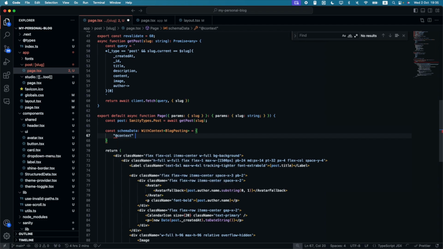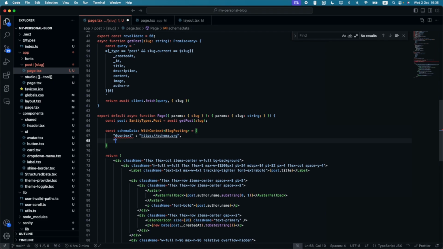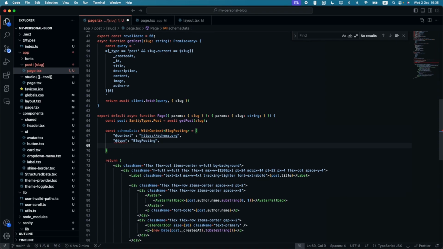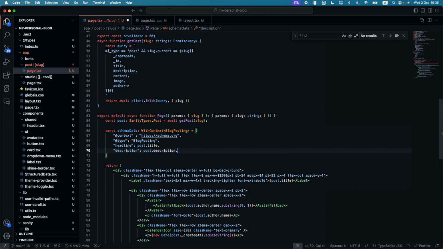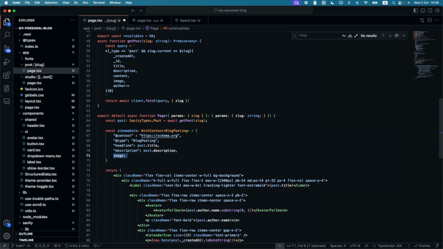First one will be context of https://schema.org. See, it helps you type it. So now type, that's why this dependency is very good. BlogPosting, headline of data, or actually post title, description of post description, image